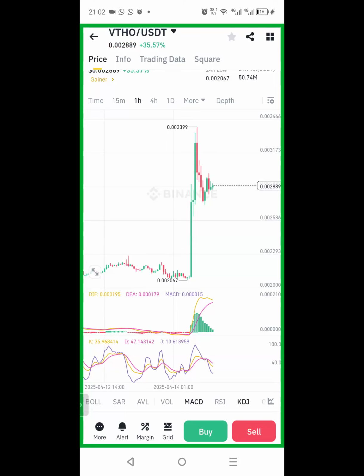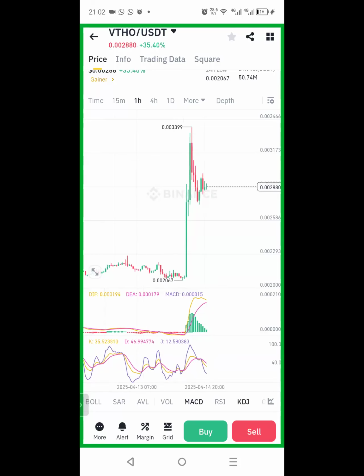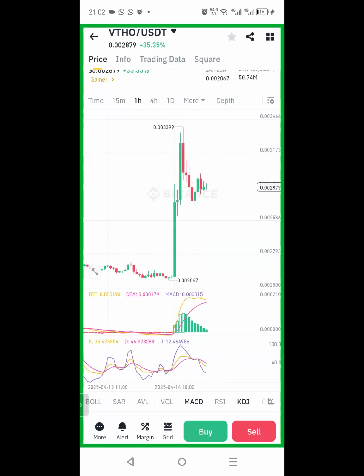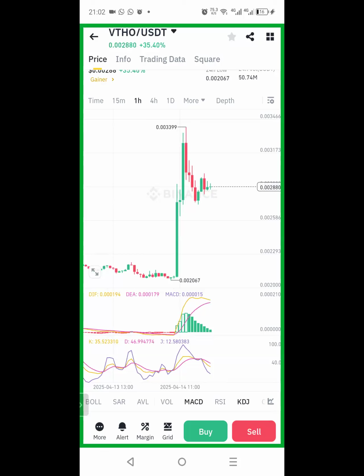So that's when I entered the trade, and that's when the coin started falling. It fell. Even at that time, I think 40% of my capital entered floating loss. So if you want to enter any trade, you need to consider some things. All the things I just mentioned, you need to consider them.